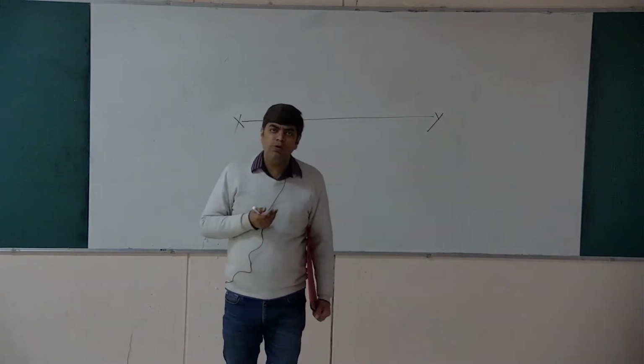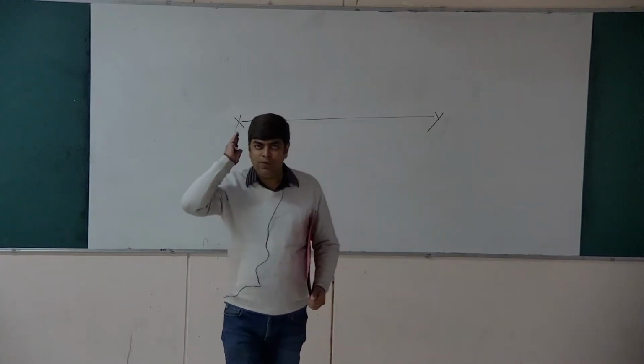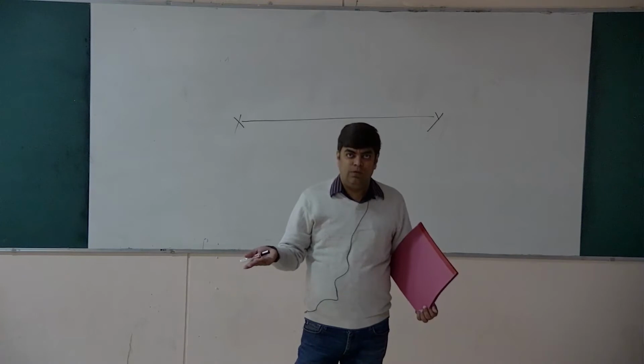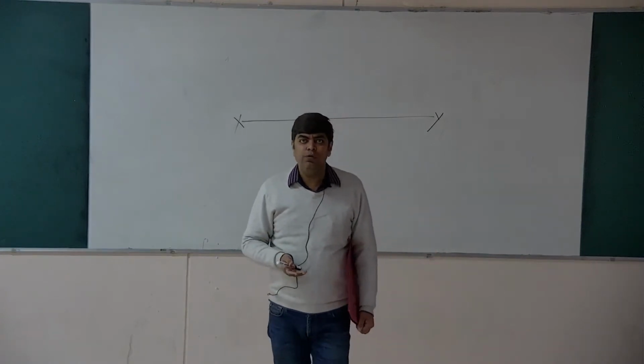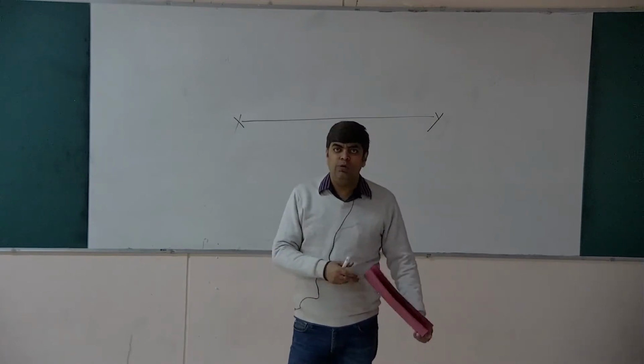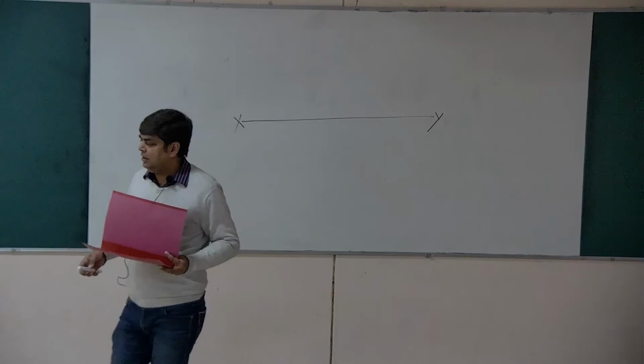When we talk in terms of views, we have the front view and the top view. Front view is when I look parallel to the ground. This is the ground. When I look parallel to the ground, you have the front view. Similarly, top view is when I look towards the ground, that is towards HP. Different positions of the line we have discussed: line inclined to the horizontal plane, line inclined to the vertical plane.